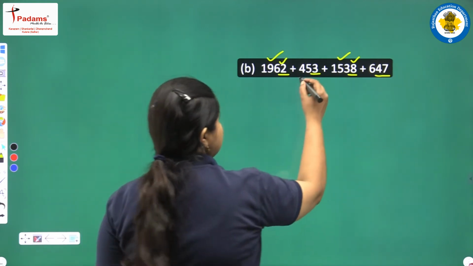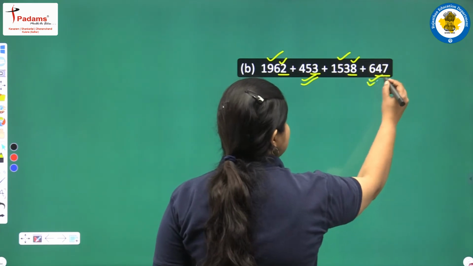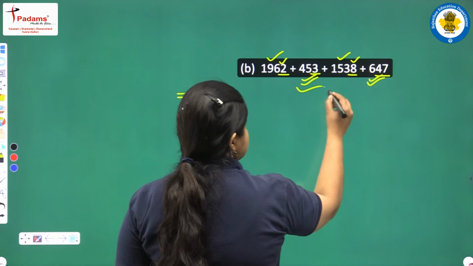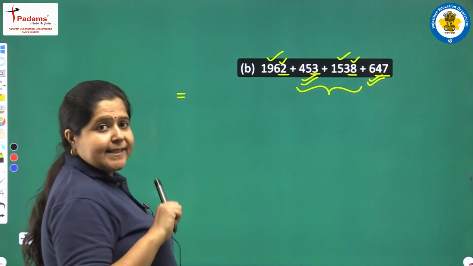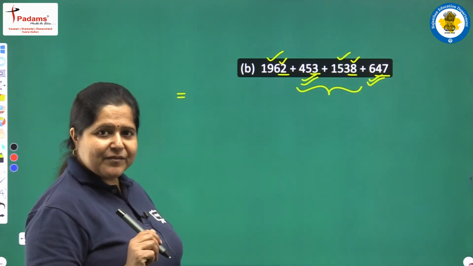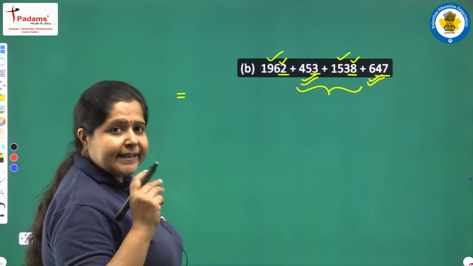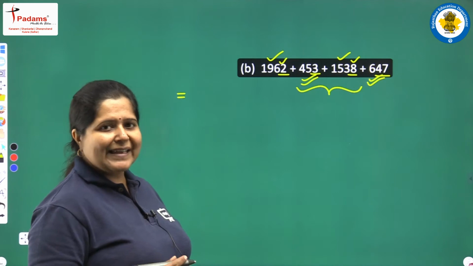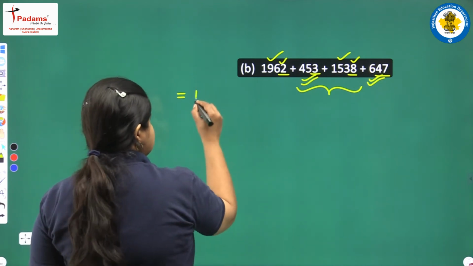So we should also pair up these two numbers together. So let us rewrite them. We can interchange the order of these two numbers in the center by using the commutative property, which says that it does not matter if we interchange the order of any two numbers while adding. So we will write it in this way: